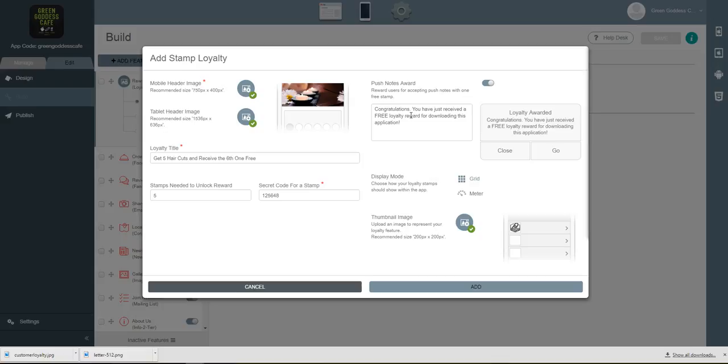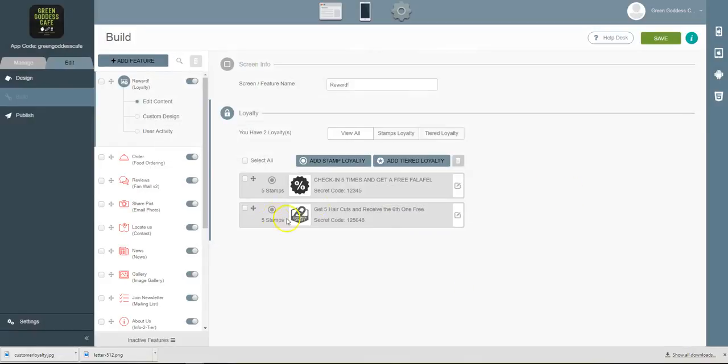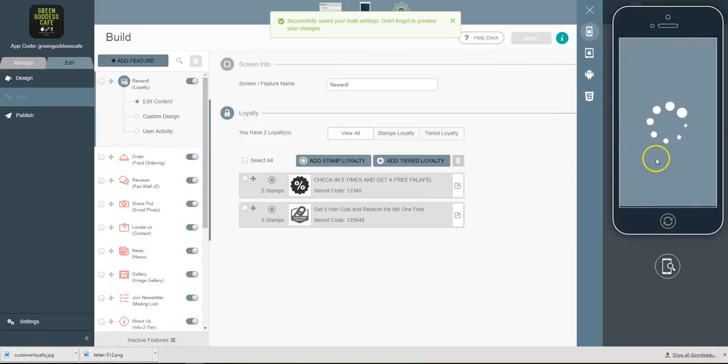So I definitely recommend enabling this, and you can customize the text to whatever you want. See, the text is easily editable, and then you can go back and change it whatever you want. So I'm going to go ahead and save this and show you what I just created. So hit save, go to preview,